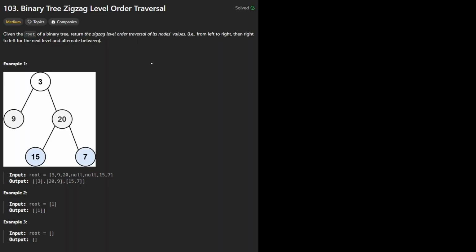Hi everyone. In the given problem statement, we are going to solve binary tree zigzag level order traversal. It's a very straightforward problem: we have to do level order, but there would be a zigzag pattern. So let us take the example of this tree: 3, 9, 20, 15, and 7. Like we always do, we can have our deque,